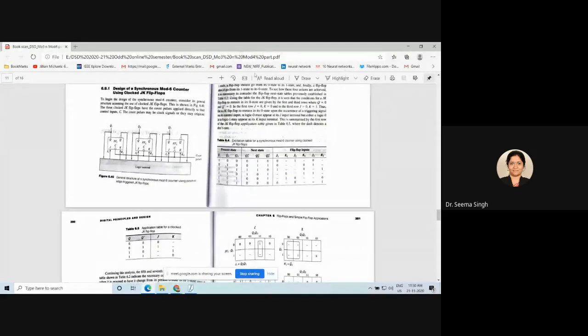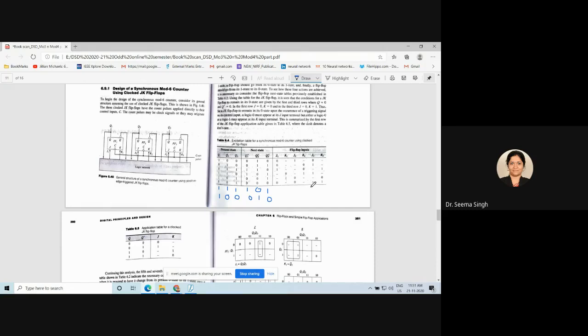So here we will be writing extra. Your 7 will come, and let us make it go to 5, so your next state 5 will come. And for the other one, it was 4, so one more extra state will be added here. And then you can make it go to 5 only, or let us make it go to any other number. Let me make it go to 2. And the way you designed all this JK equation, all that will remain the same. So this is the change.